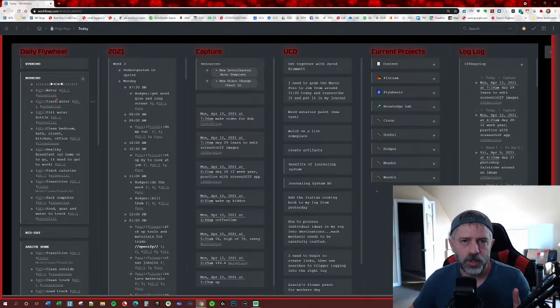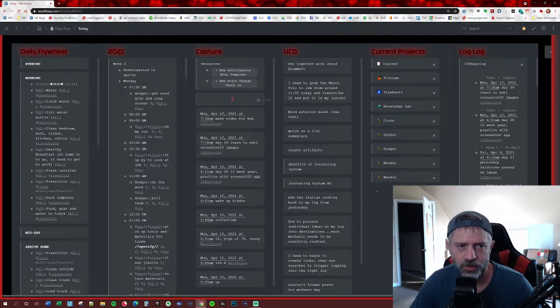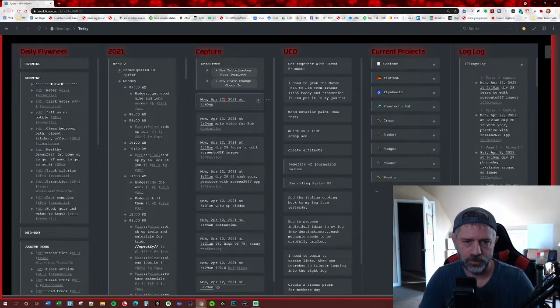So me drinking water right then was a consequence of me doing my primary activity of capturing. Because I'm going to this top node here, and I open up to today, and I scan across the top to get there, oh yeah, I need to be drinking water right now. And these are all in order. This is my daily flywheel. And so whatever's at the top, once I'm done with this and I click off and I track the water, which will be a capture thing, I'll come in here and enter 21 ounces,